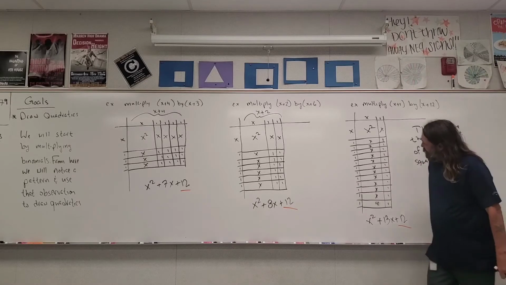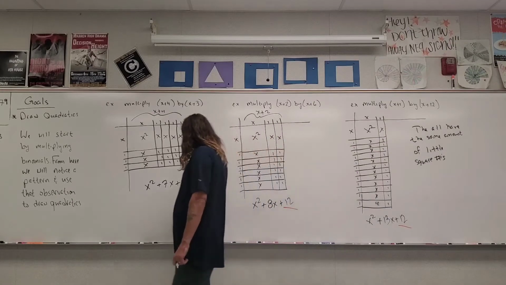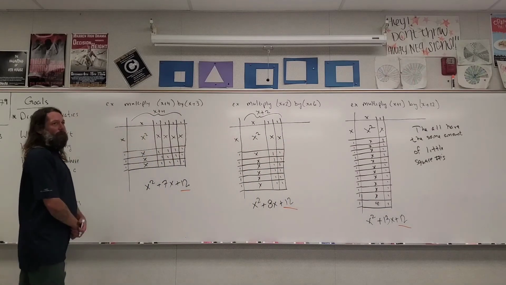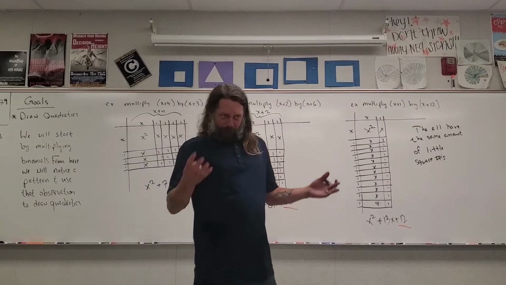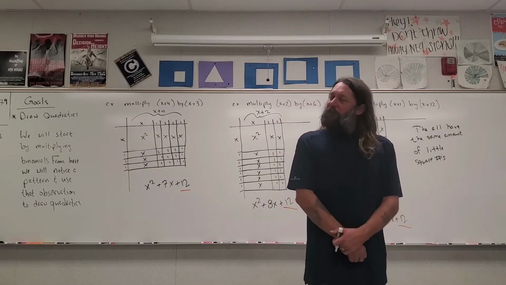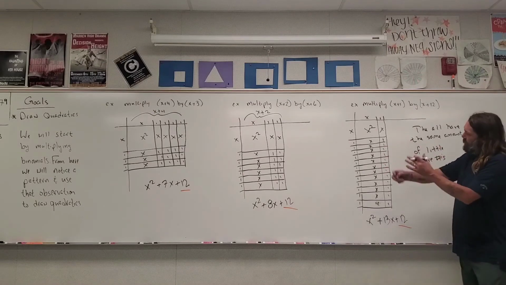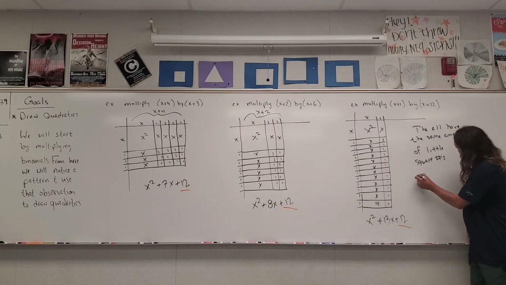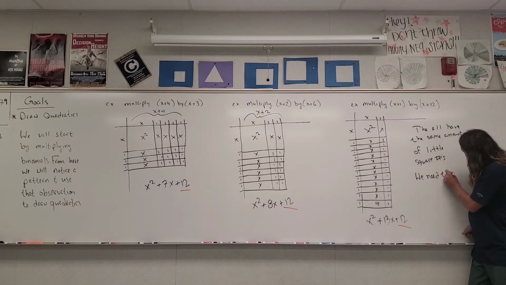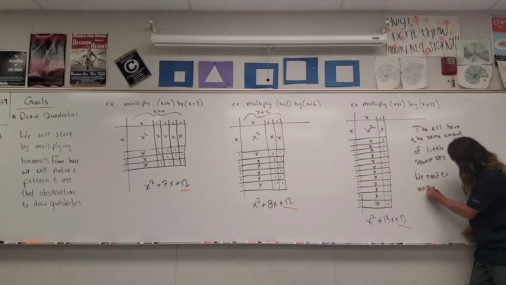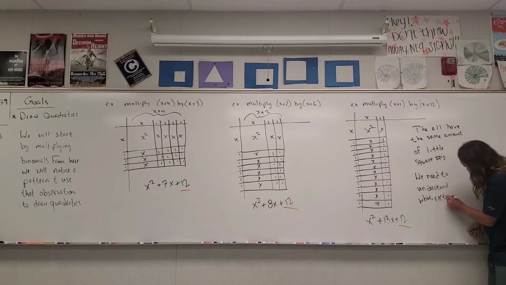Right, so I got 12 for my little square, 12 for my little square, 12 for my little square. And so what we're going to have to understand is what little rectangles can we make from our little square numbers. And that's going to be very helpful in us drawing the pictures of the quadratic. So we need to understand what rectangles